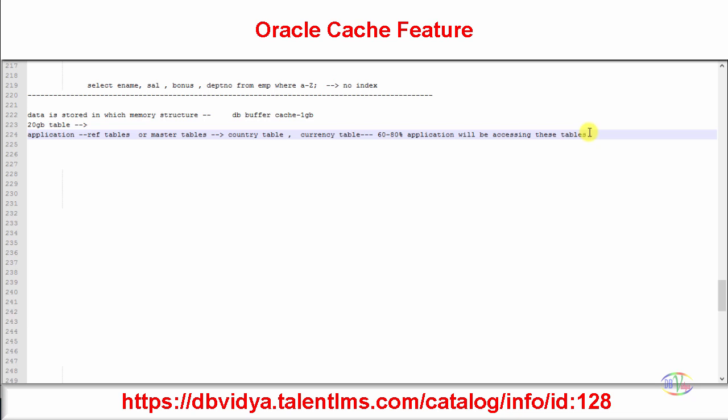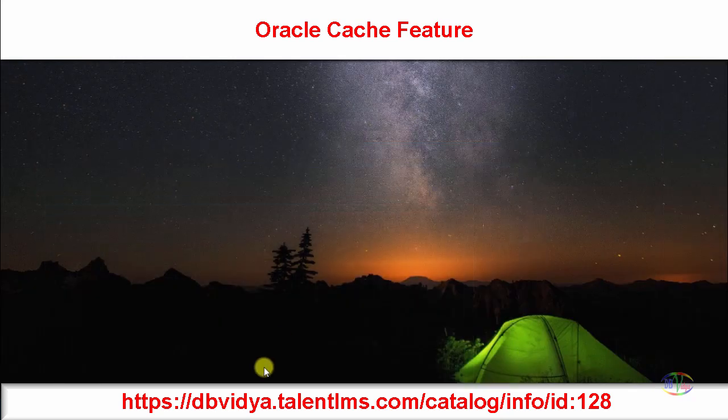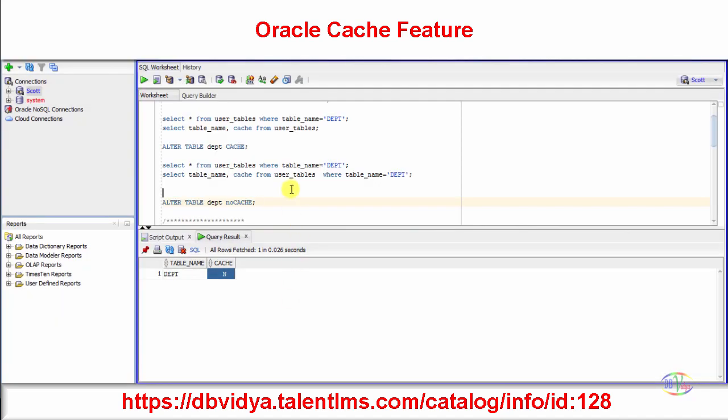And the second condition is that it should be frequently used by most of your applications. So how do you know whether it is used? Once the application owner is there, we can go and talk to them. Okay. So we'll come to know. So these two conditions we generally see, most of the time.